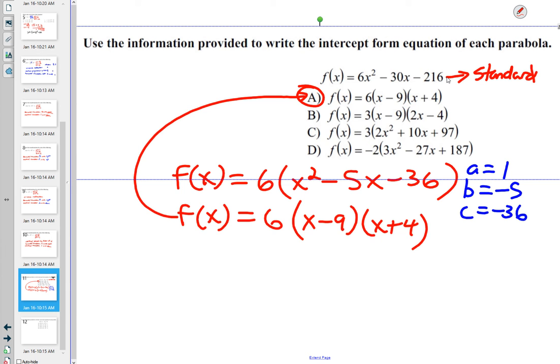They simplify. They go to all the choices and see which ones simplify and give you what you started with. But even then, you'd have to be careful. Tomorrow's test will not be multiple choice, but if you were to take a multiple choice test, what I've seen done before is that they'll give you more than one that simplifies to give you that. Like if you get rid of the parentheses by distributing or FOILing, they'll give you more than one that gives you what you started with, but only one of them will be completely factored. I haven't tested all of those, but the only one that gives you exactly what you started with, and that's completely factored, is